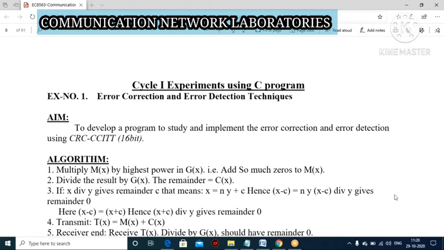If you need any basic concept or any more concept regarding this topic, we can go through our previous lectures and get some idea. First, the error correction and error detection, already you know it. Here you discussed CRC, VRC, LRC and all. But here I am using any one method, that is the CRC method.